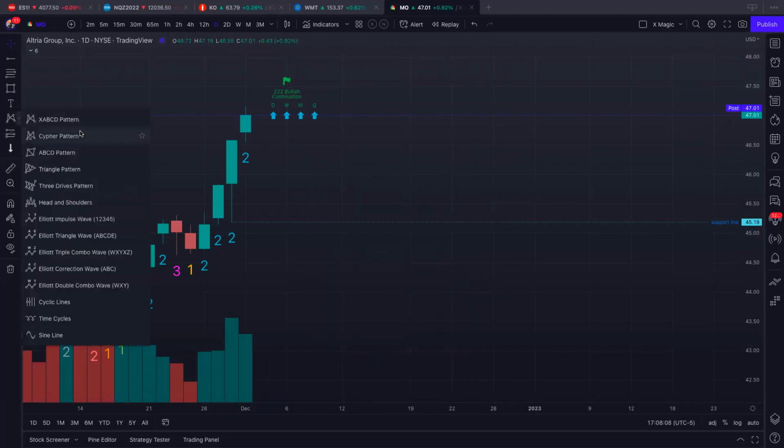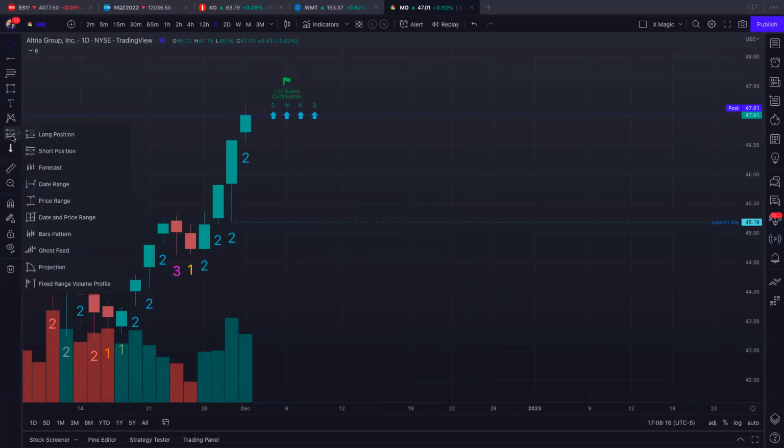And then here, this is like, people who use Elliott waves, stuff like that. These weird patterns. I don't use any of that, so I'm not going to go into that. I tend to use a lot of these tools a lot,